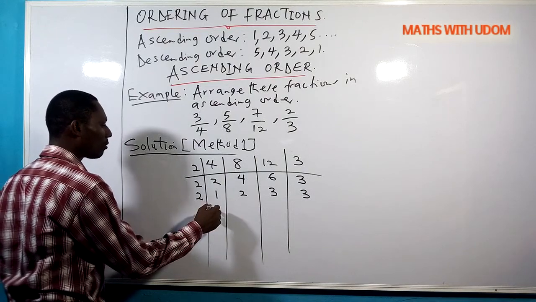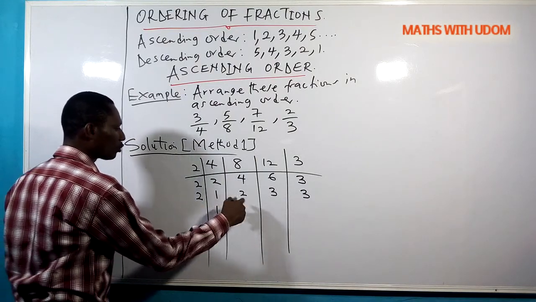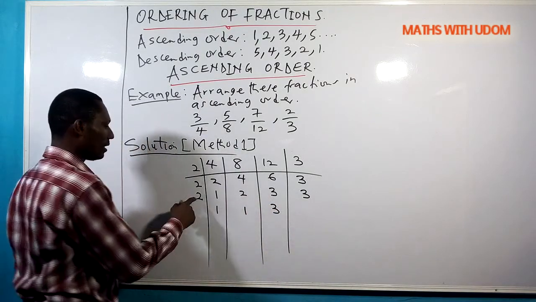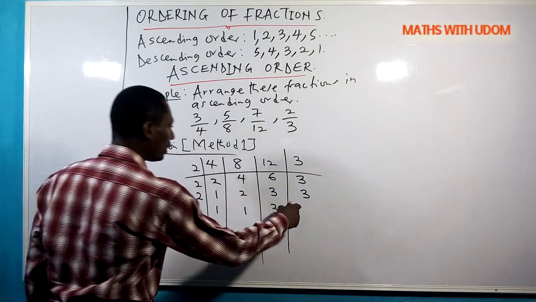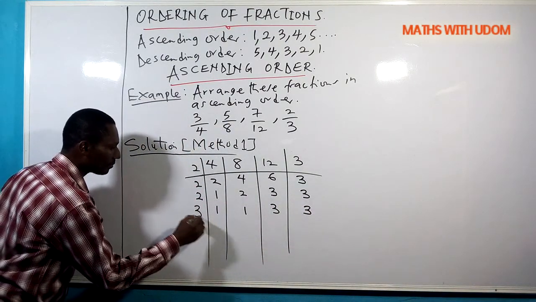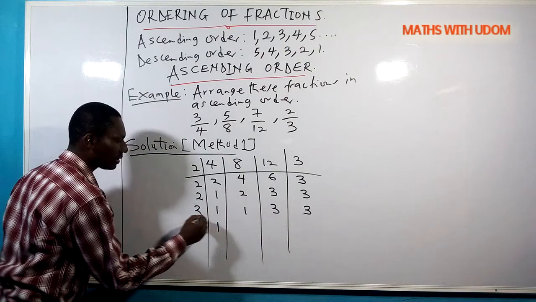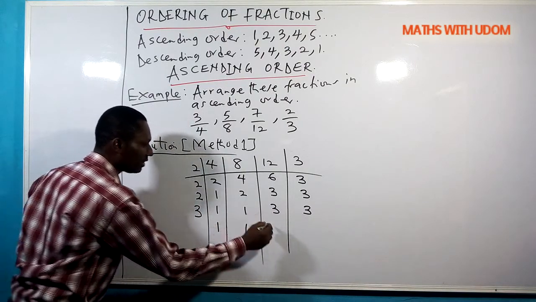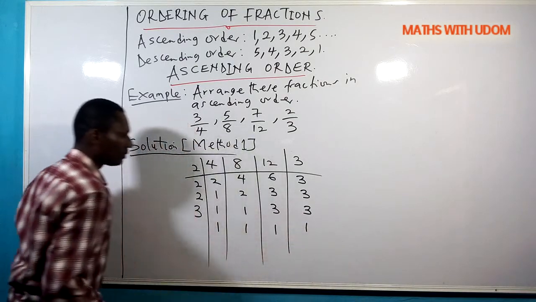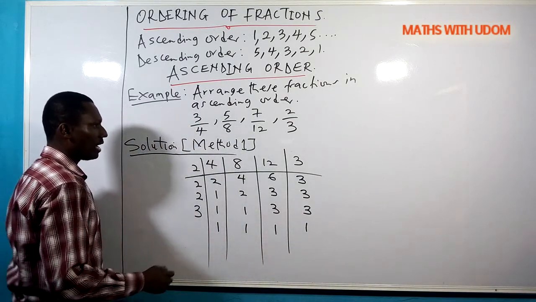How many 2 can go in 1? We repeat this. 2 in 2, 1. Can 2 go in 3? No, we repeat the 3. What can go this time around? 3. 3 in 3, we repeat the 1. 3 in 3, 1. How many 3 can go in 3? 1. Okay? So our LCM